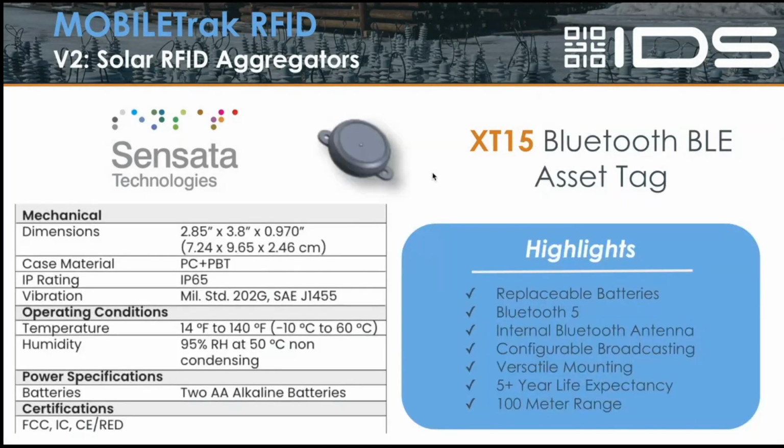And then the beacons. So let's talk about the beacons. This would be the replacement in the passive RFID environment, that passive RFID tag I showed you earlier. There's a bunch of different types of these, a bunch of different options out there. I'm going to mention two that we partnered with, a couple of really good organizations. Again, Sensata, they're the manufacturer of our fixed reader or aggregator. They make a tag that is probably the lowest cost of really all of them,